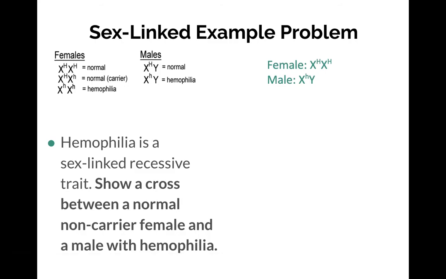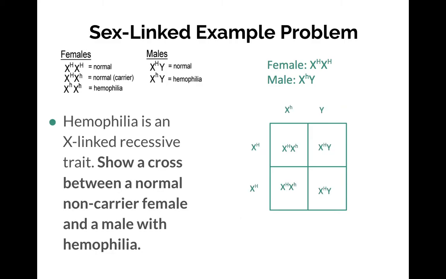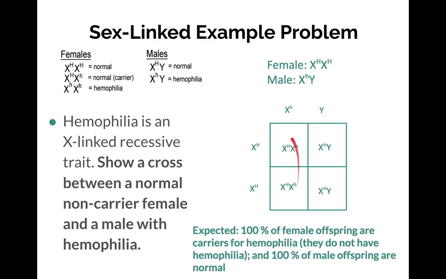Okay, now we set up your Punnett square. Put parent 1, parent 2, and we're going to go ahead and do your cross. Now, this first one, okay, remember your X's go together, and then X will go before the Y. So here we have, okay, both of the female offspring, or if you're looking at it like this, 100%